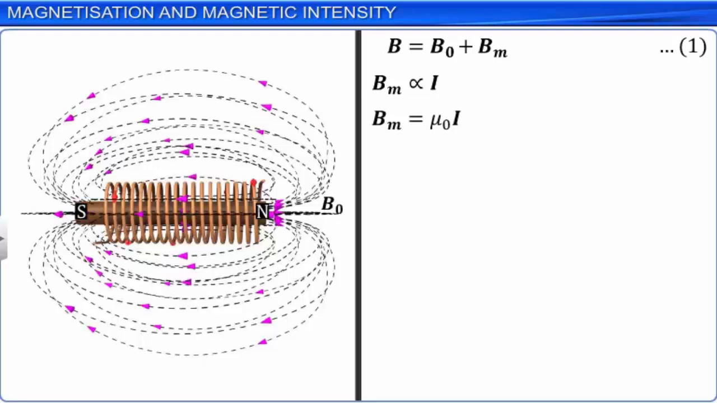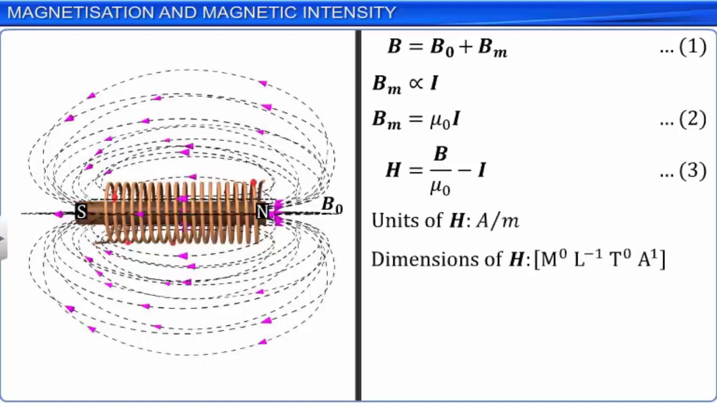Now let us introduce a new vector quantity called magnetic intensity, denoted by H, where H is equal to B by mu0 minus I. Let this be equation 3. The units and dimensions of magnetic intensity are the same as that of intensity of magnetization. That is, the SI unit of H is ampere per meter, and its dimensional formula is